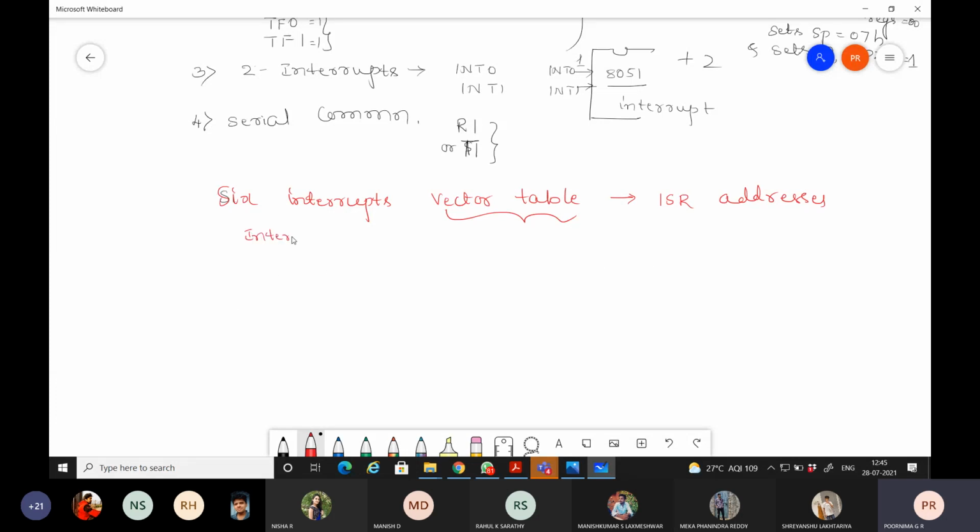Here you have the ROM location of the starting address of each interrupt vector, the pin in the 8051 associated with it, and the flag it is associated with and how it is cleared. So that table is the interrupt vector table.